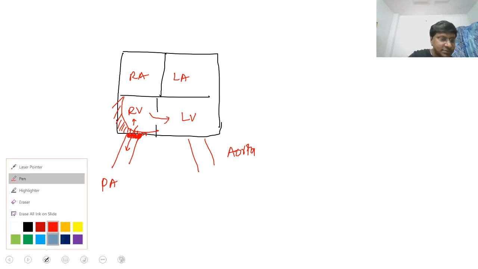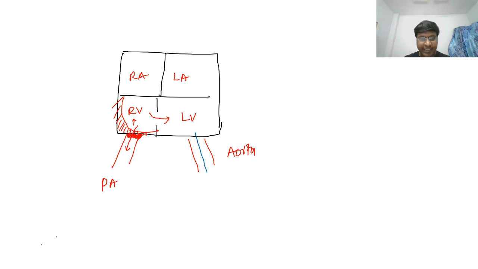Now because of that, the individual will get cyanotic blood here. In the sense, the deoxygenated blood. So now your idea is what? What should be your goal? Your goal should be that right ventricular blood should enter into the pulmonary artery. Actually now what is happening? The right ventricular blood is getting mixed up with the left ventricular blood, and that is being supplied to our body, and that is the reason why the individual will have cyanosis.